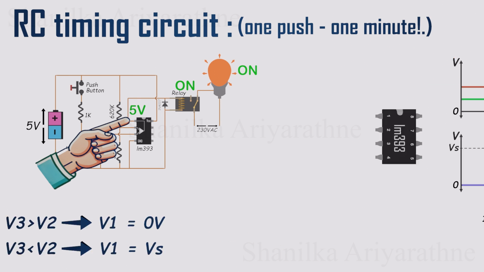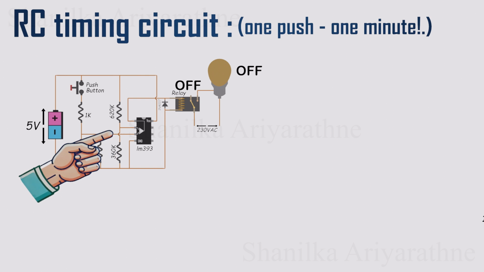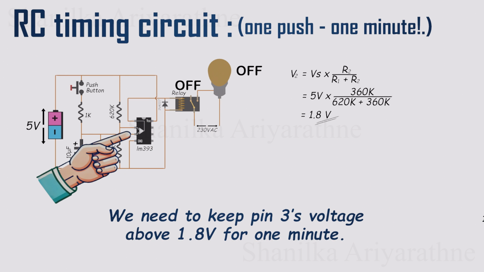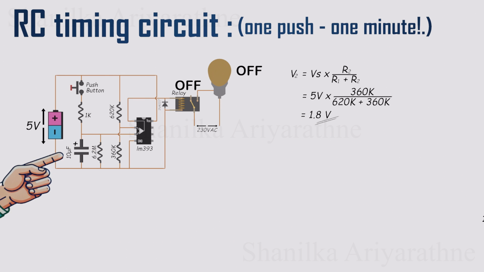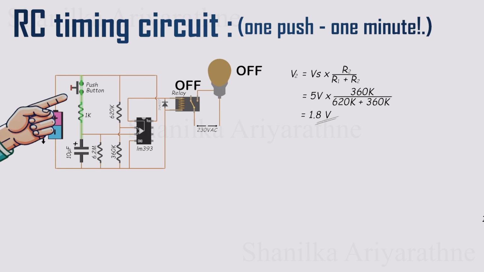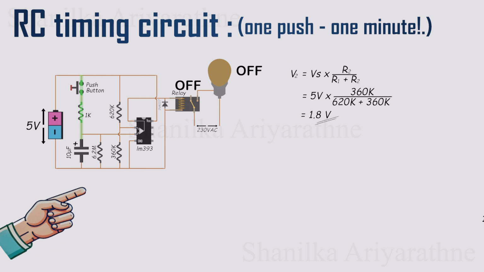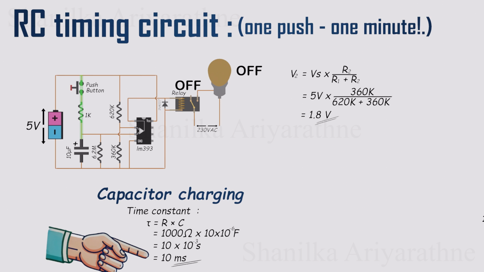First, let's look at the voltage at pin 2. Pin 2 is connected to a voltage divider, so its voltage is fixed at 1.8 volts. That means we need to keep pin 3's voltage above 1.8 volts for 1 minute. How can we do that? Now, pay attention to the capacitor. When we press the push button, the capacitor starts charging through a 1 kilo-ohm resistor. The time constant for charging is RC, which is 1 kilo times 10 microfarads, giving us a time constant of